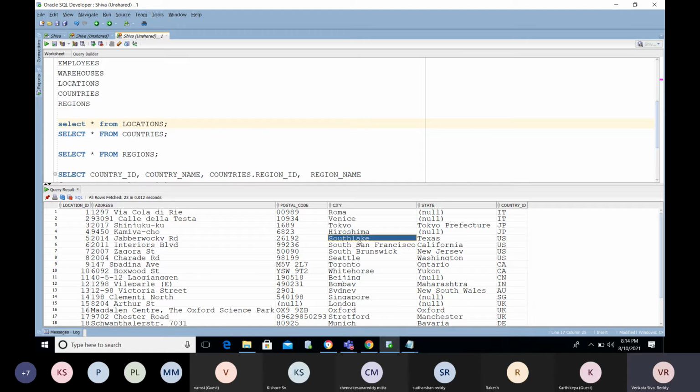Now tell me, what are the things I need to follow here? Now we have the location table, so I need to find out which region this South Lake city is related to.